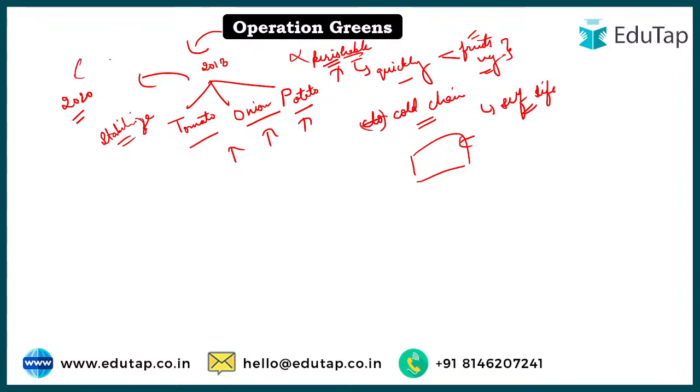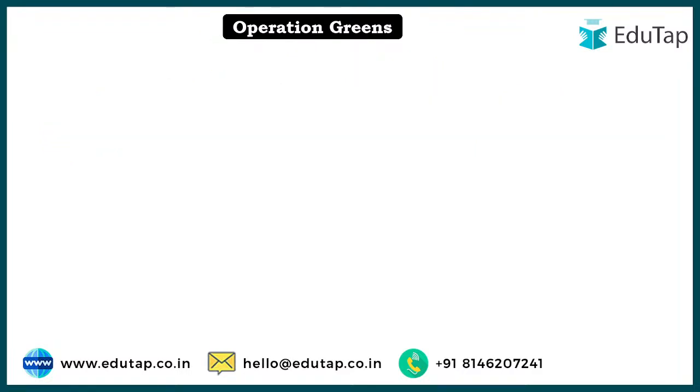So during that time the scheme was extended to 22 perishable crops. Initially it started with TOP, but afterward it was extended to 22 perishable crops. All right, what are the names of these crops? I will show you. It is present in the news only. All right, but I hope now you have the clarity what the scheme is all about, how it helped, and what the purpose of it is.